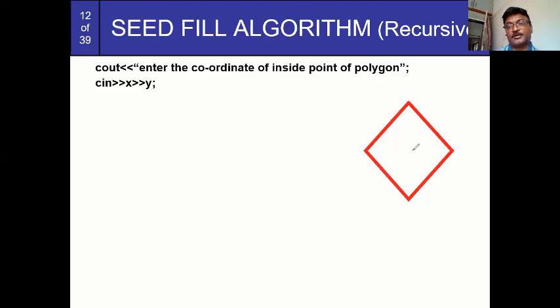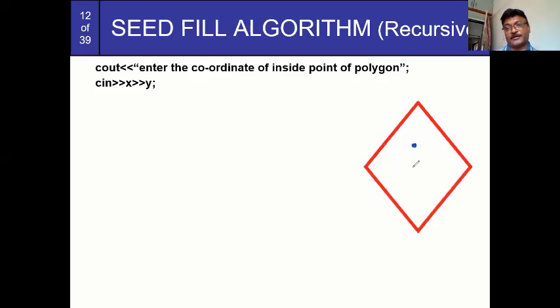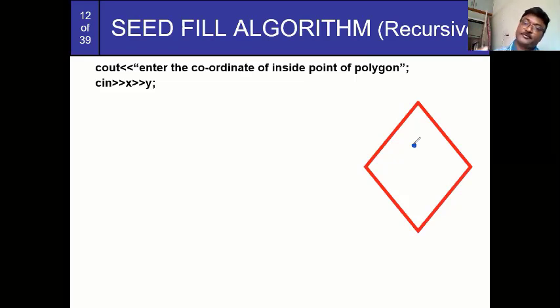You have to read the inside point of this polygon, and that point is called the seed point. Suppose this is my seed point; that is why the algorithm is called the seed fill algorithm. From this you can fill the entire inside area of the polygon.